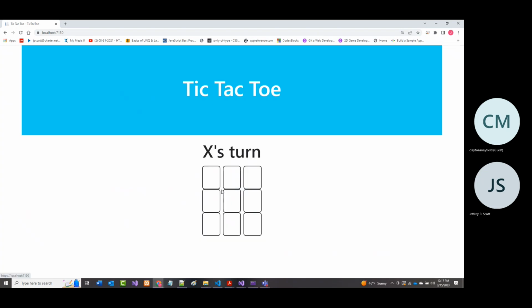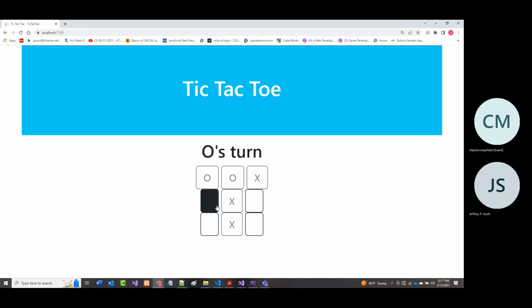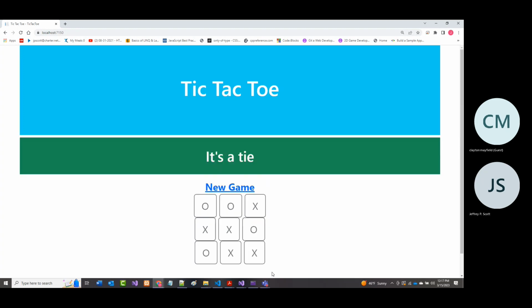All right, and let's see if we can get a tie game. Okay, it's a tie. So I believe, to my knowledge at least, everything that's in here now works.